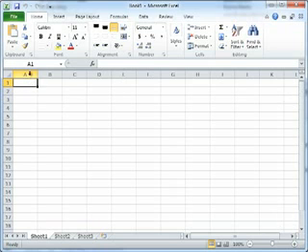The columns are labeled with letters A, B, C, D, and so on. And if I scroll right here, you can see that once you get to Z, it switches to AA, AB, AC, and so on, and you could have a lot of columns in an Excel worksheet. So again, I'm going to go back to my A1 cell,